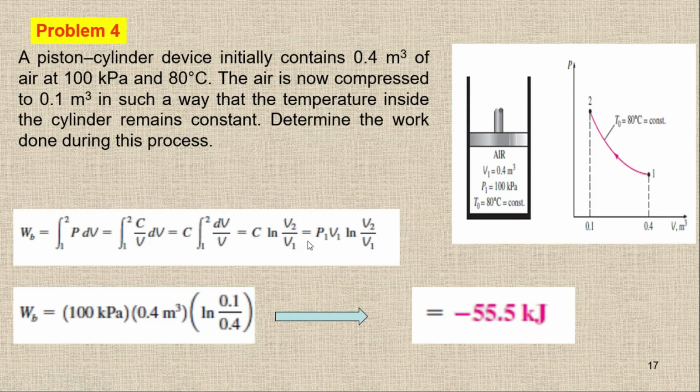So when you are going to solve the question, if you remember all these steps, simply you can write this one and then this one. There is no need to write all this stuff. This is in case we have to derive it. So we have boundary work equal to P1 V1 ln V2 upon V1, and just putting the values, you will get the boundary work. So this is an isothermal process.